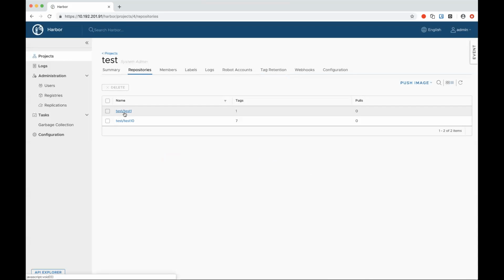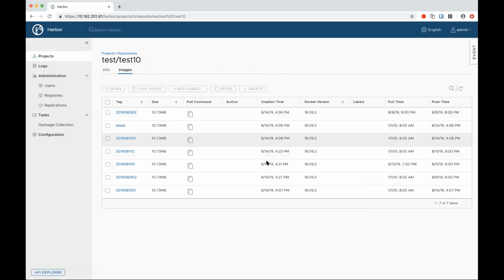First, you can see I have prepared 2 repositories. This one has 7. Sorry, Ziming. But were you going to show the relationship with quota? Okay, yes, of course.